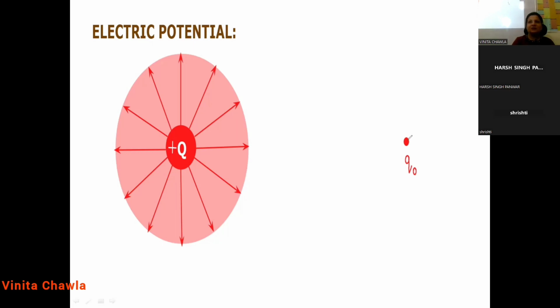So this is the test charge, okay? At this position, at this particular point, it is not experiencing any kind of force. But once it enters the field of source charge, then this test charge will experience force. So this source charge will exert force on test charge. Now, if this charge wants to stay at this particular position A in the field of given charge, then this test charge has to do